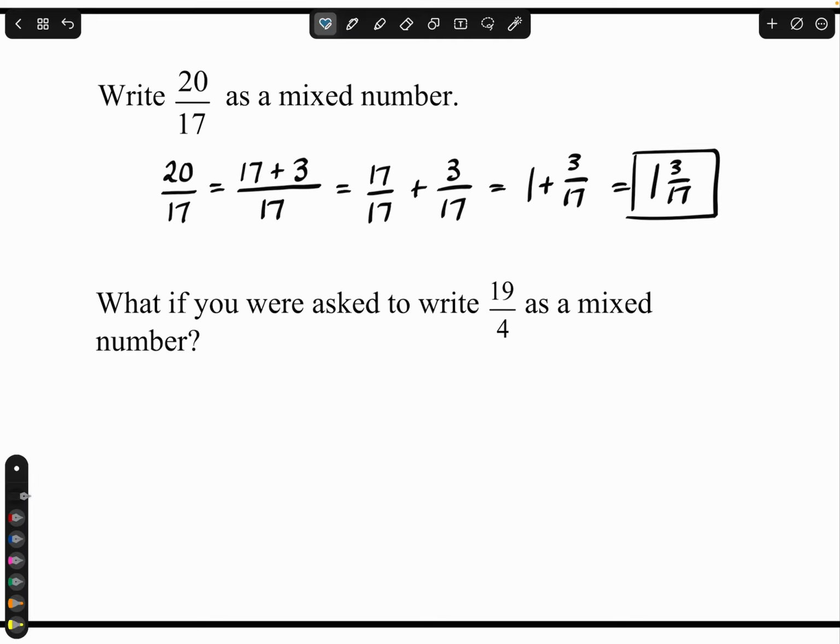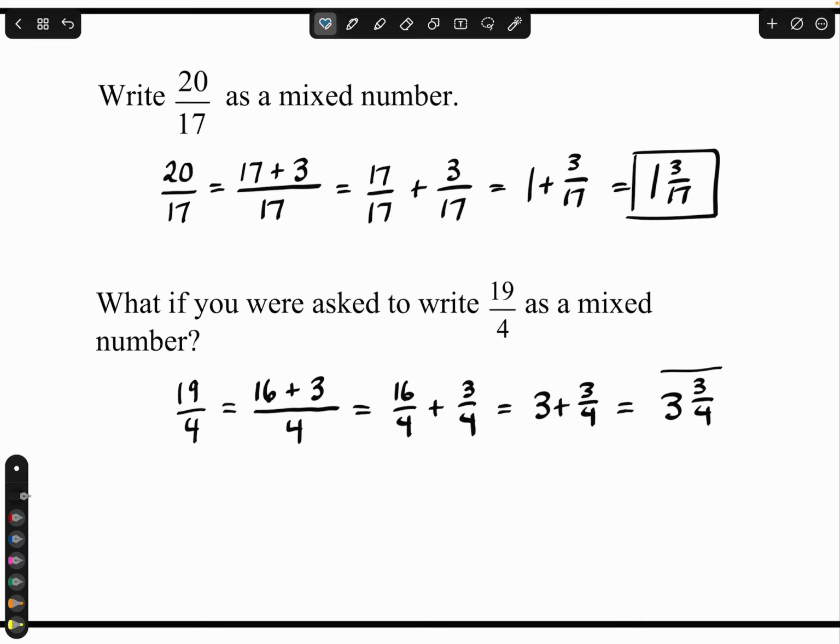So here we go. It says, what if you were asked to write 19/4 as a mixed number? Well, same thing, right? We think about it as 19/4. Now, we know that 4/4 makes a whole, so how many wholes would we have there? We'd probably have 4 wholes? We'd have 16 plus 3/4. And that would be like saying 16/4 plus 3/4,